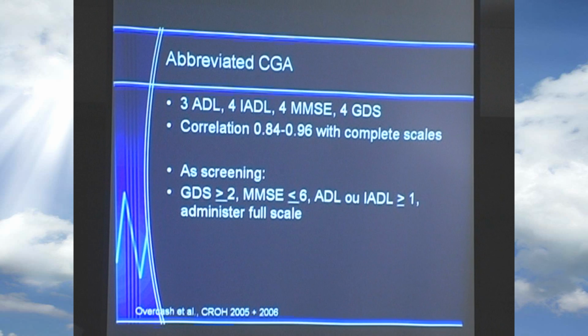Janine Overcash in Tampa did simply ask a question and say, well, instead of administering the complete scales, could we administer a shortened version of the scales as screening? So she did some mathematical deduction and found that 3 ADL questions, 4 IADL questions, 4 MMS questions, and 4 GDS questions